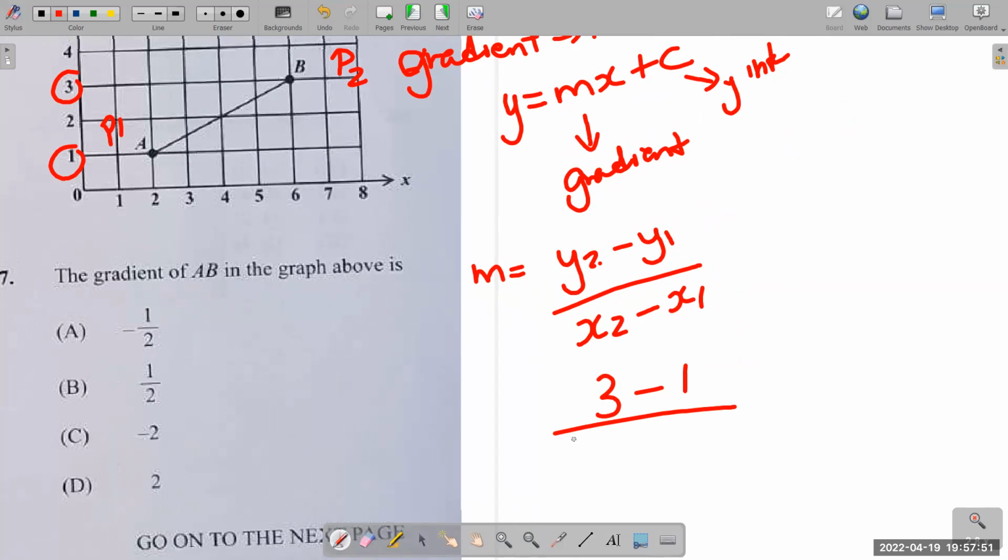Everybody with me? I hope everybody is following. Now let's look at x. Where do we find x2? Look at 0.2. We come now, where is x2? x2 is 6. 6 minus